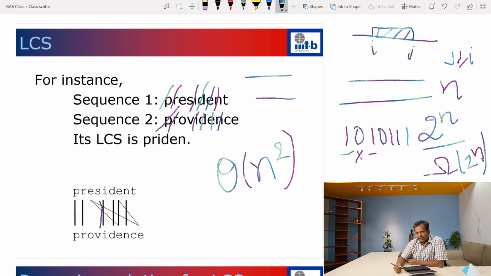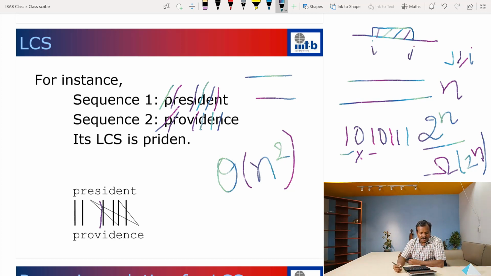We have seen one such algorithm using hashing and the binary search technique, which can find the longest common substring problem in expected time order n log n. And at this point of time, we would also like to mention that there is a data structure called suffix trees. If you use the suffix trees, the longest common substring problem can be solved in linear time, right? So linear in the length of the given strings.